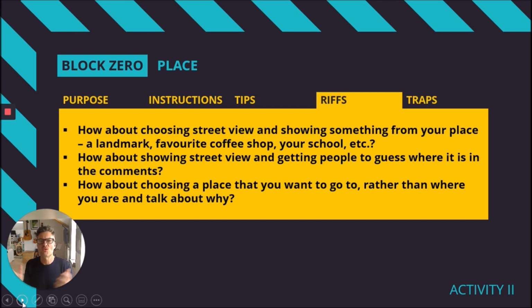So feel free to choose whatever location you might want to choose and then share something about it which shares something about you to your team. And that's really important. How about choosing a place that you want to go rather than the place where you are, and talk about why you want to go there? So choose a location. Again, you could get people to ask. These are all different variations. Entirely up to you. You might want to choose to do something different as it gets to your point. That's fine.